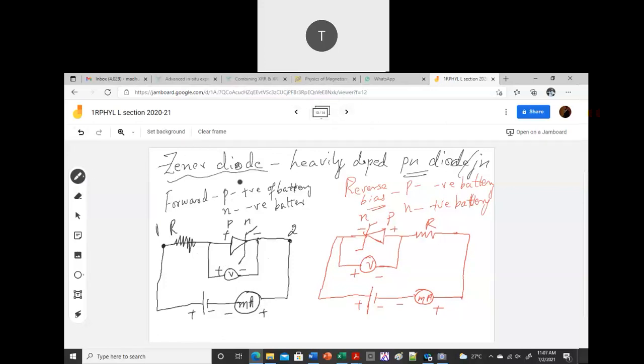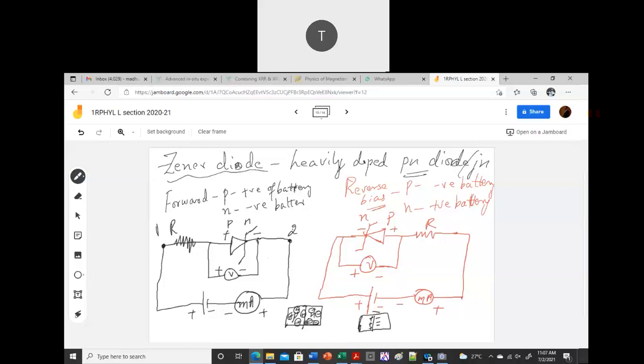So when you are having a forward bias, what happens in that case? If you take your PN junction without bias, what happens? You have P and N region. Holes are randomly distributed in the P region. Electrons are randomly distributed in the N region. Okay. So then when you apply some small voltage, then what happens? You start to have what we call the barrier potential or depletion region.